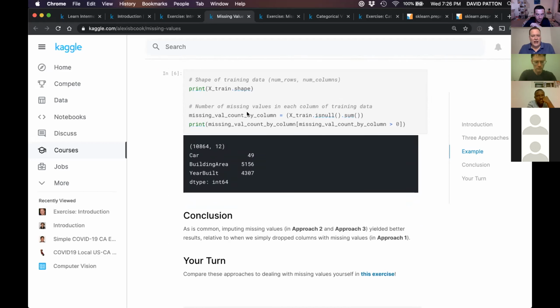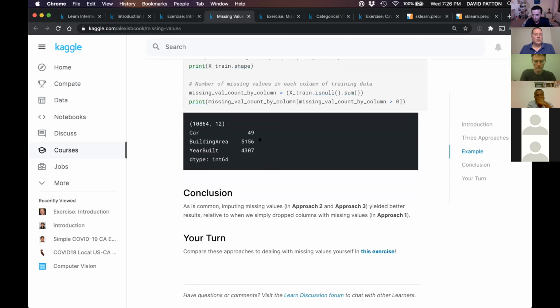They wanted to also show you how you can see how many values are missing from each column. Instead of using .any to detect if any are missing in that column, you can sum and print it out. It'll print out the missing ones for you. We can see that car, building area, year built. Car is a good one. It might be missing because I think this is a measure of the number of cars in the garage. And if you don't have a garage, maybe you don't have a car, you know.